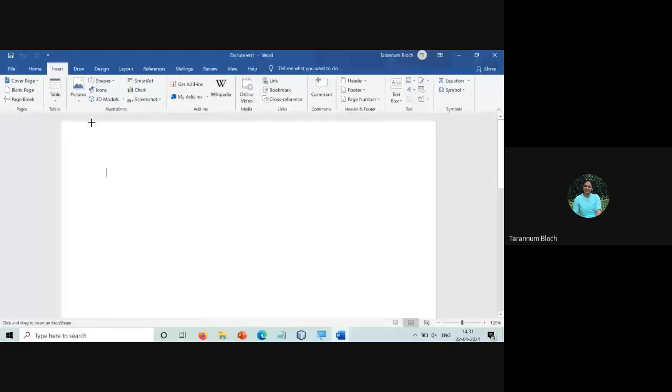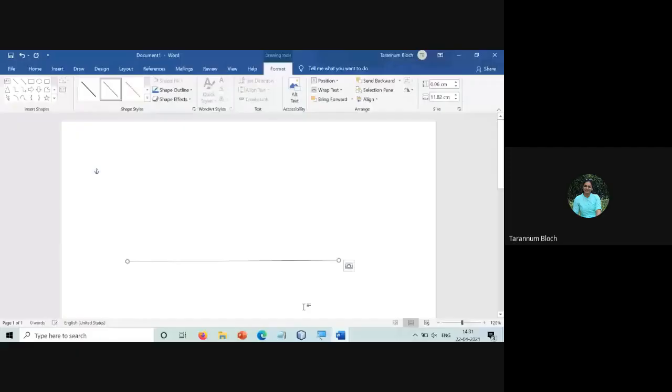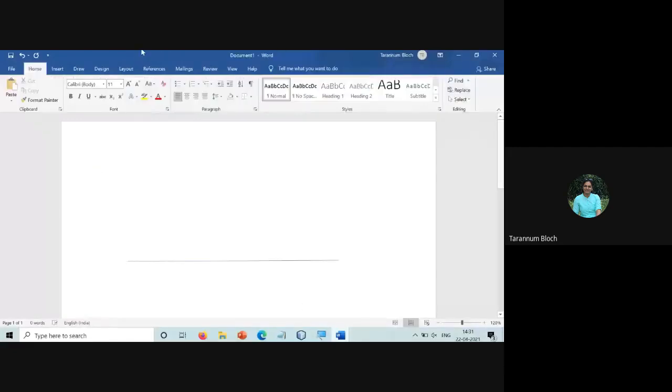If you consider this as a graph, what are the coordinates for a line? How many points are required to draw a line? X and Y is a single point. You are drawing a line, so you need two X and Y's. Starting X and Y and ending X and Y.